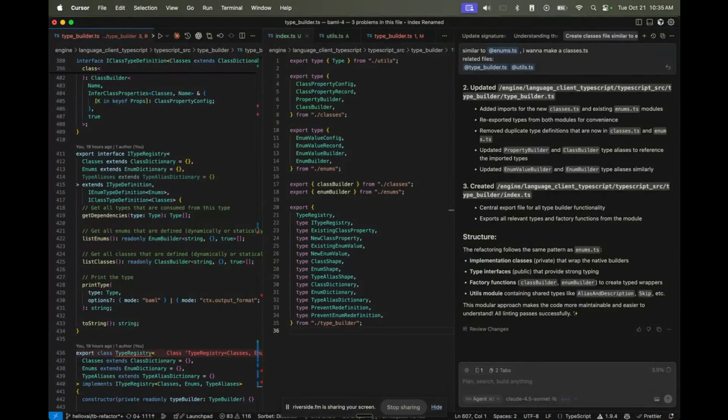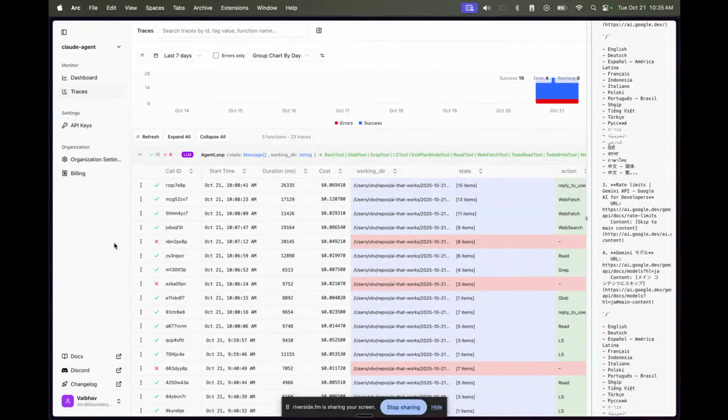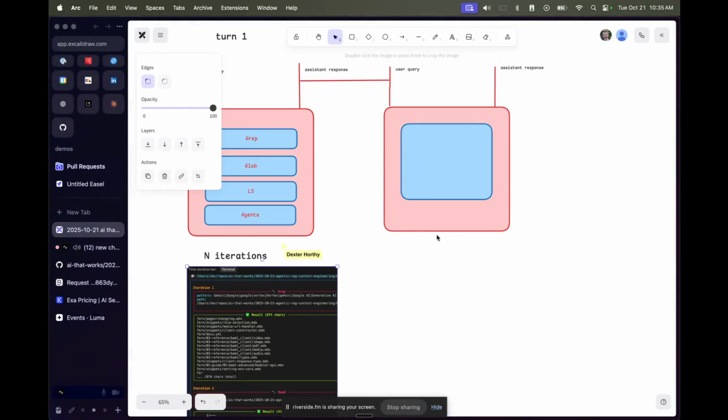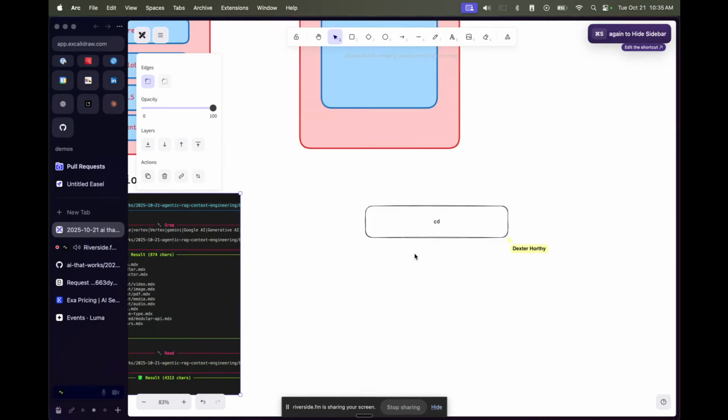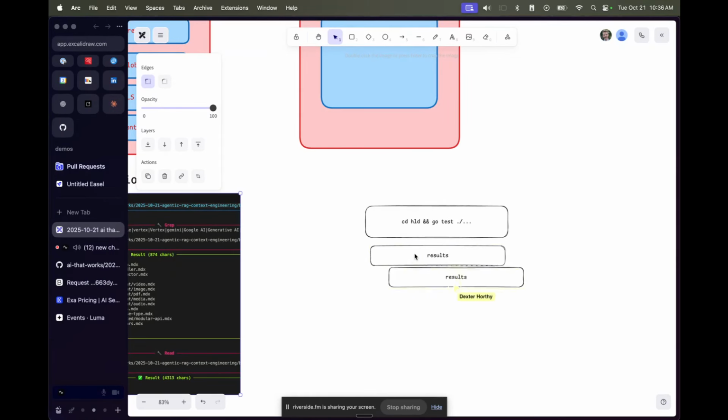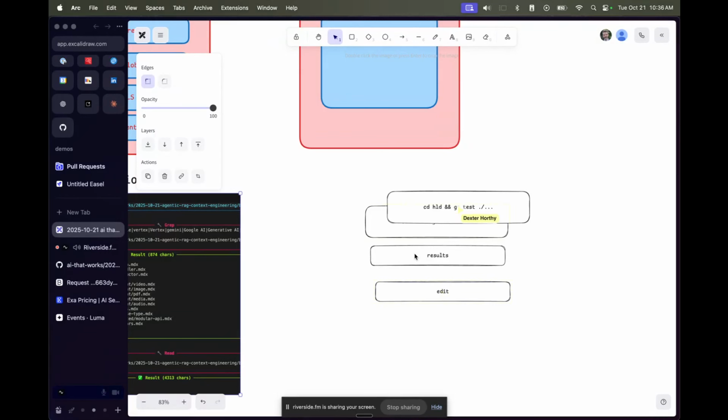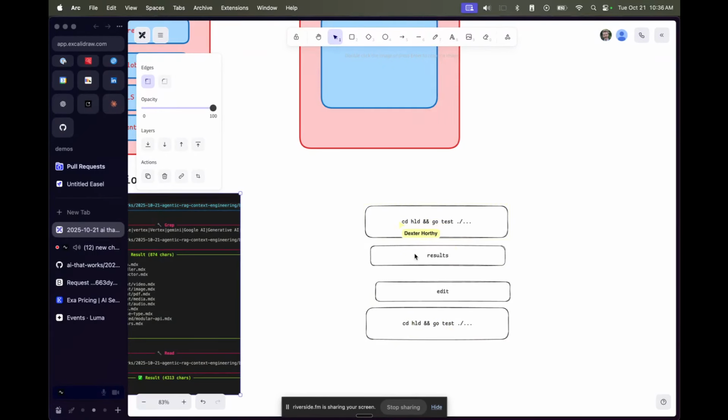So here's the problem I always hit with that. Let's say Claude's trying to run the tests, right? It runs a command like cd hld and go test ./... Yes. And then it gets the results back, makes some changes, and tries to run that again. It's few-shot prompted itself that the way to run the test is cd and go test. But the problem is that if you keep the directory, this then fails, and you get an error,